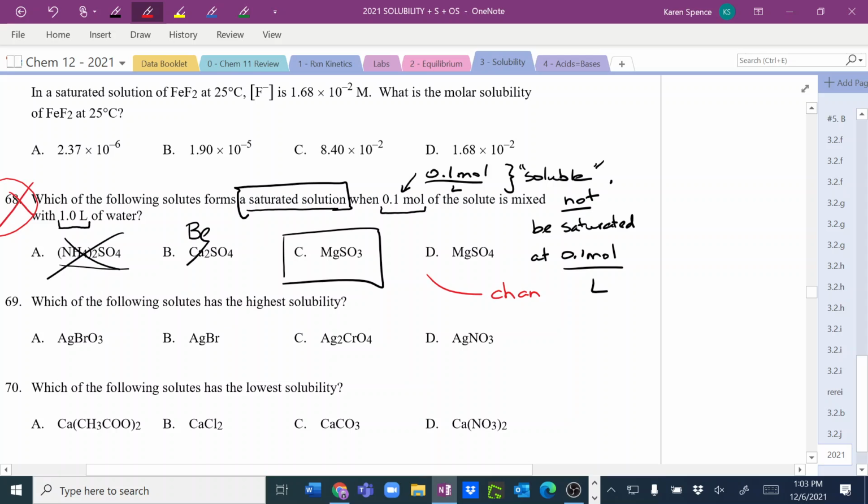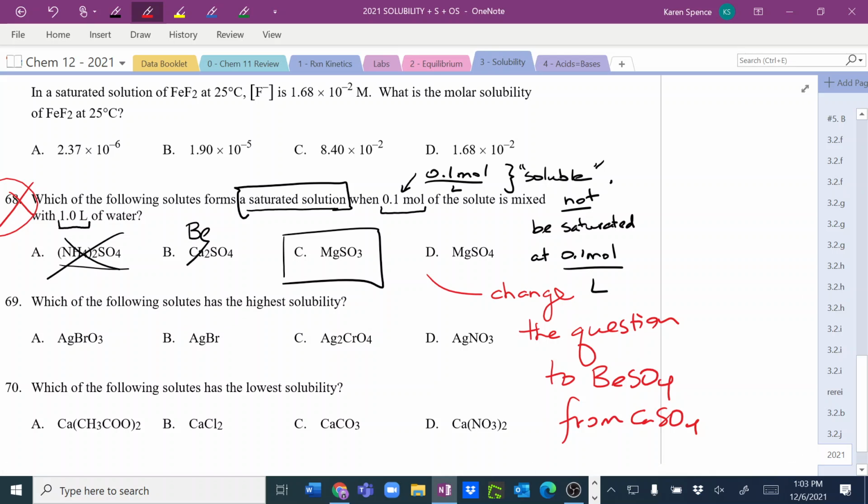You could just get rid of 68 for now. Okay, that might be the easiest thing. I'm just writing a note for myself. And I don't know why it says Ca2SO4, because that doesn't work either. Anyway, regardless,